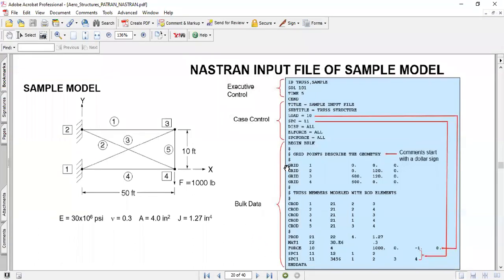And moreover, most aircraft companies use Patran and Nastran for structures only because of this reason. It provides much flexibility, and it can be easily manipulated using Microsoft Excel VBA. You can read the file, you can manipulate it, and then you can run and import the commands.